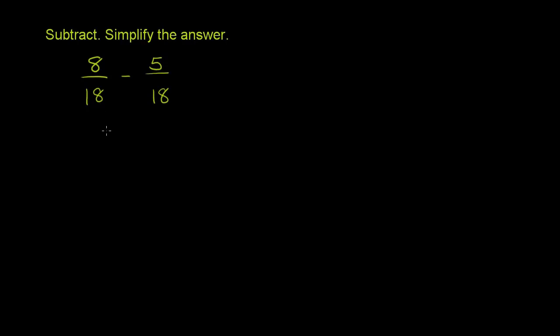We're asked to subtract and simplify the answer. And we have 8/18 minus 5/18. Subtracting fractions is very similar to adding fractions. If we have the same denominator, the denominator in the difference is going to be the same as the denominators in the two numbers that we're subtracting. So it's going to be 18. And our numerator is going to be the difference between the numerators. So in this case, it is 8 minus 5. And this will be equal to